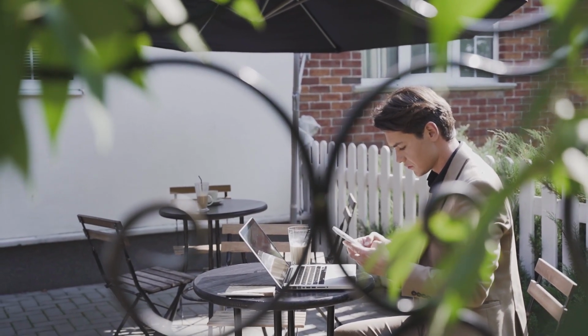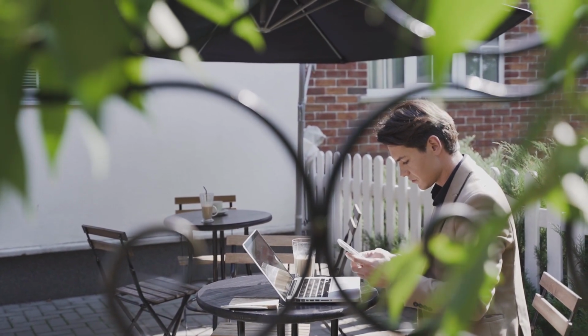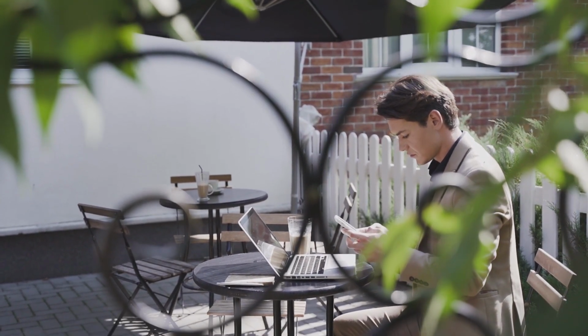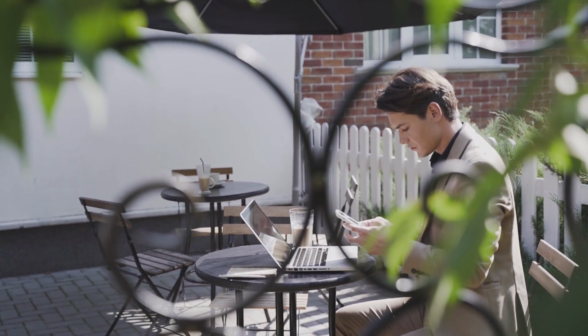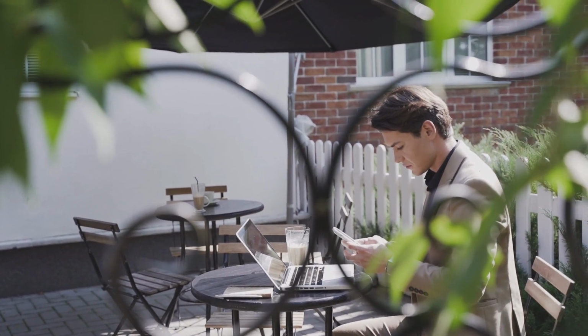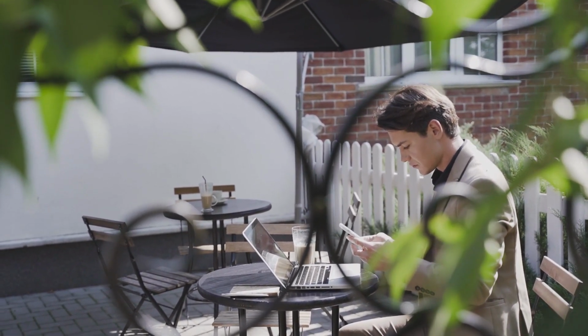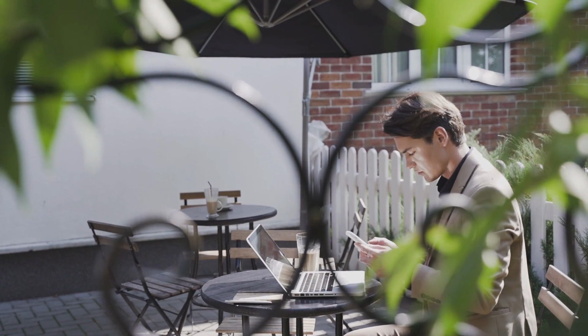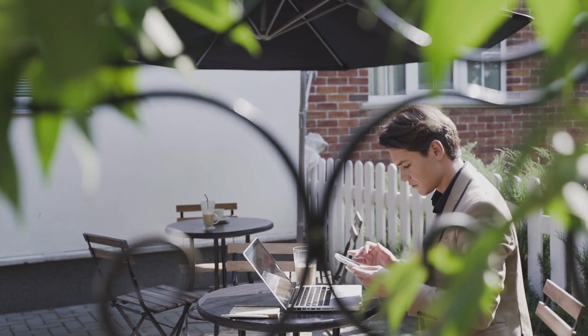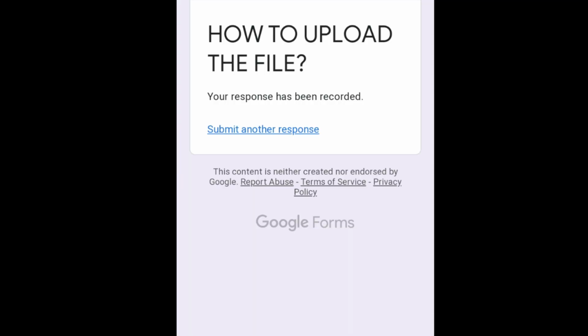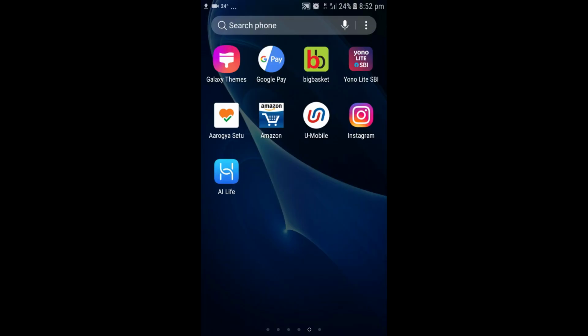And in the third case, you can download the Google Docs app into your mobile phone, write the answer, save the Google Doc, open the form and open the Google Drive, search for the Google Doc and then insert that Google Doc and upload the file into the document. These are the methods you can suggest to your students to upload the file into the Google form using either laptop or mobile phone and to submit the form without any problem.